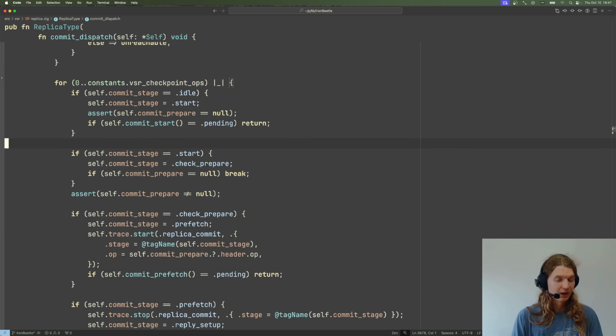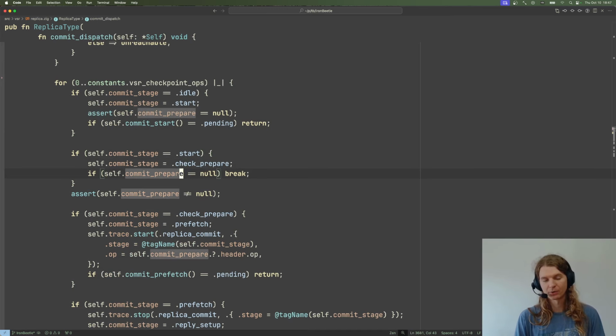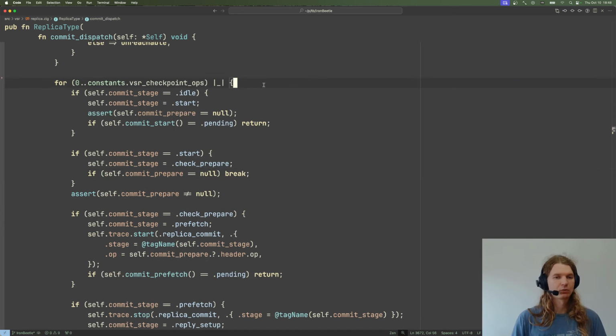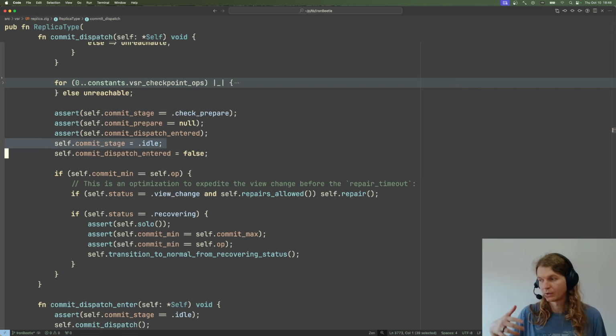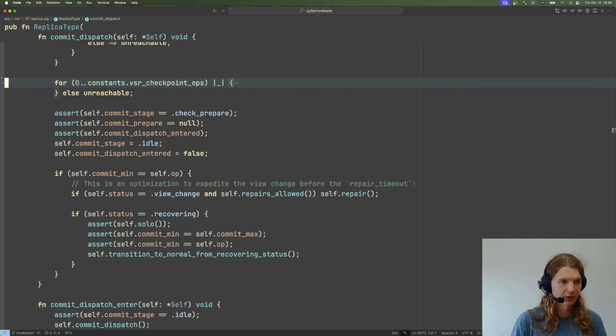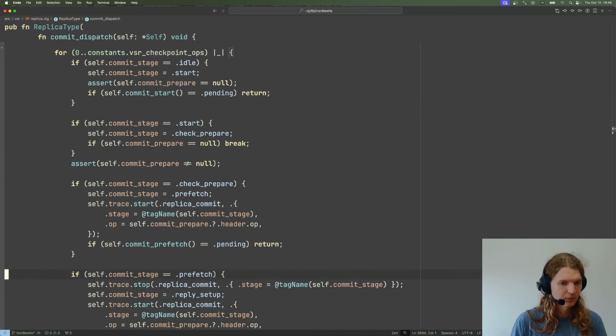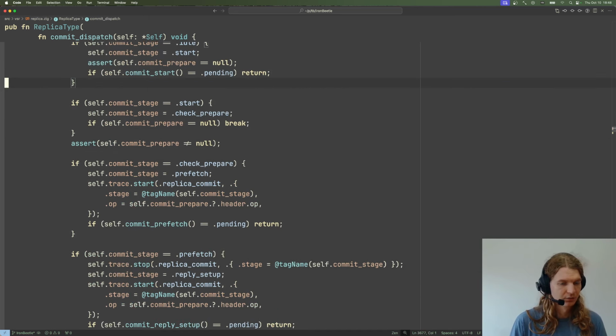Okay, so with commit start done, now we are in the stage start. Now stage check prepare. If check prepare is null, then we break out of this loop completely and stop our commit loop. That's the end of it. We reset everything to false. Otherwise,